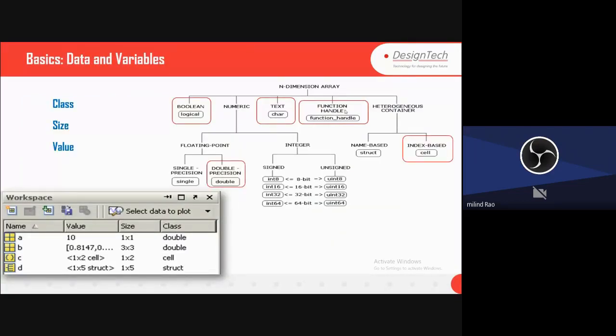So the basics of data and variables. Let's consider the three factors: class, size and value. First of all, consider this n-dimensional array. It might be, let's say, the data or the variables, whatever you create, it might be used for the